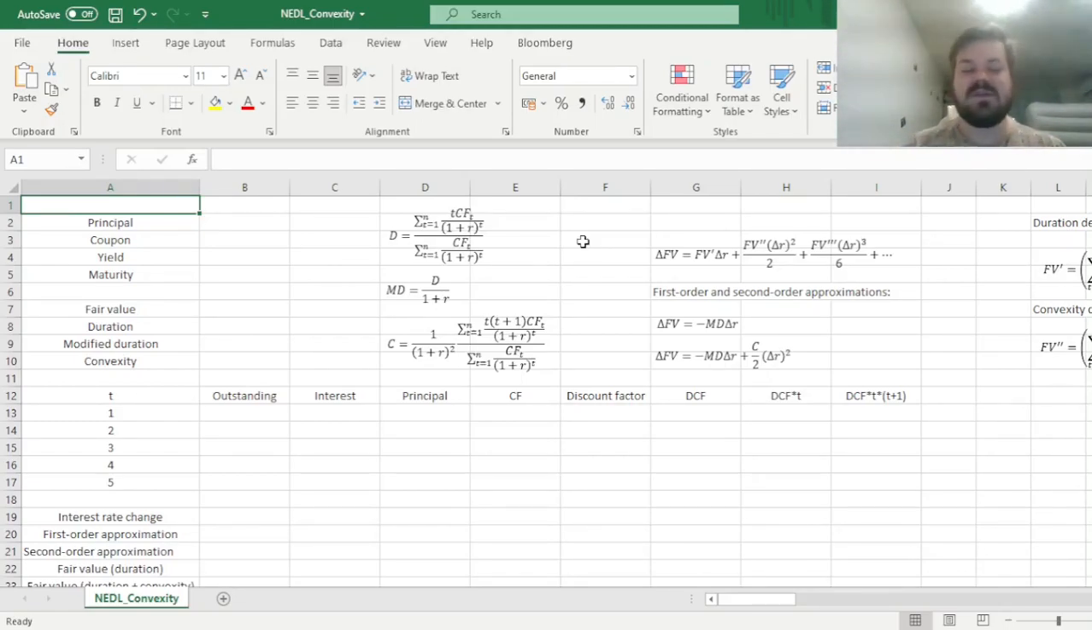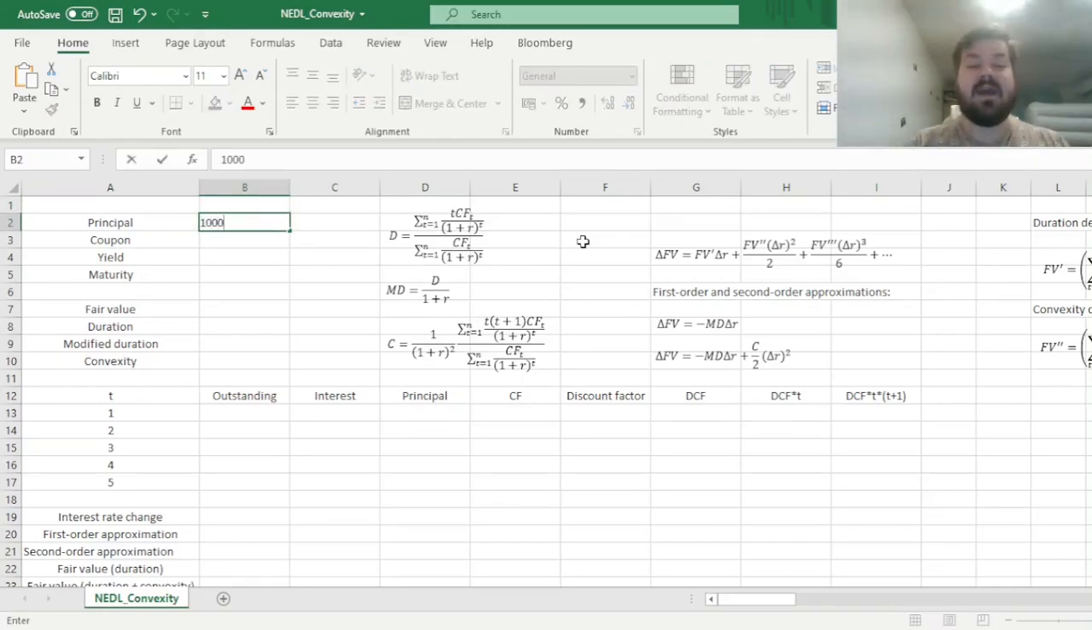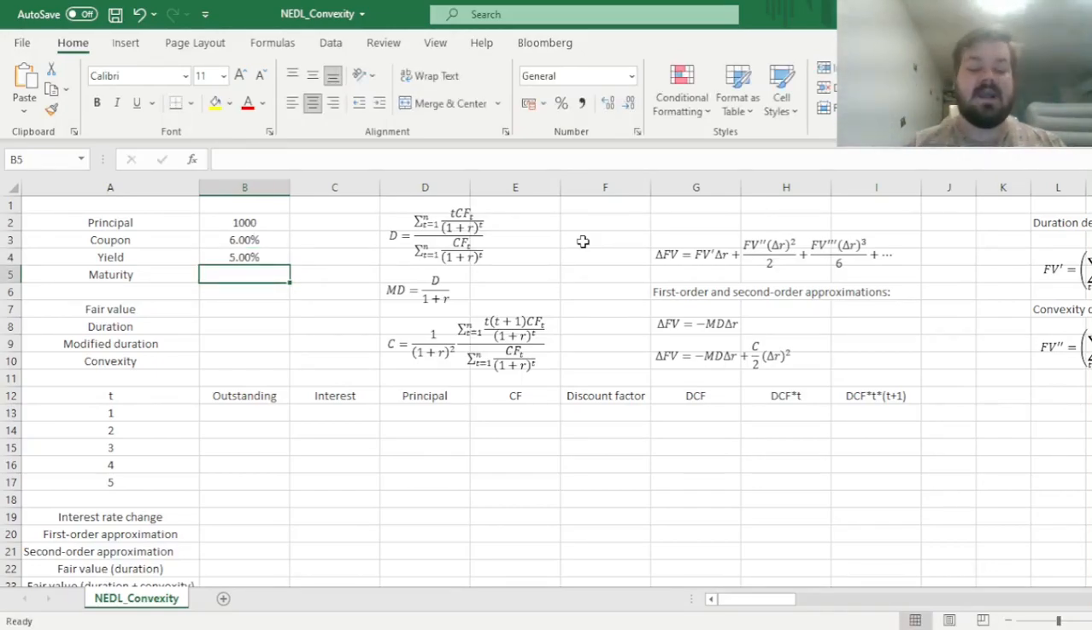So the general story is that you have a bond with some principal, let's say $1,000, with a coupon rate of, for example, 6% and a yield to maturity of 5%. And let's assume that it is a 5-year bond with the coupon paid annually, just for simplicity. We can quite easily build a cash flow schedule, calculate the fair value, and then approach the concepts of duration, modified duration, convexity, and calculate, or at least approximate, what would be the impact of various interest rate changes